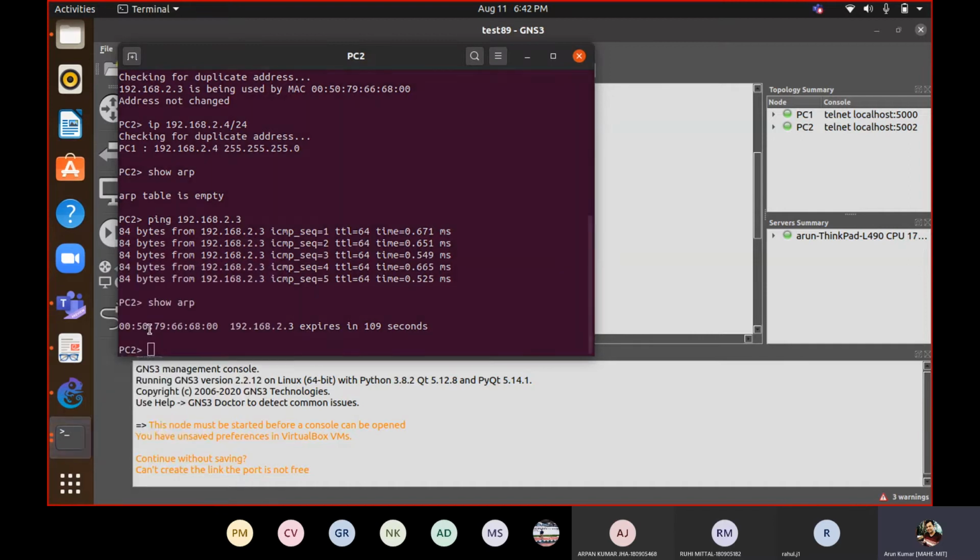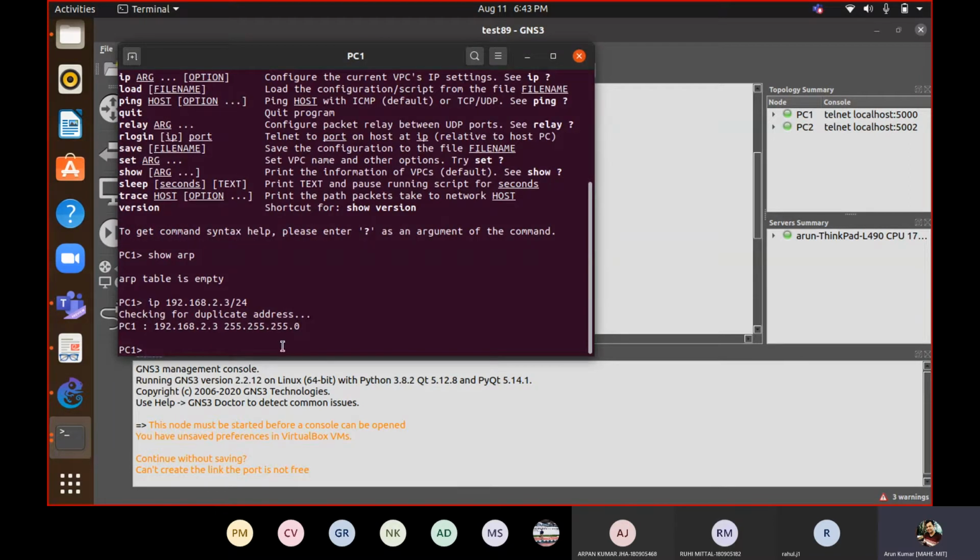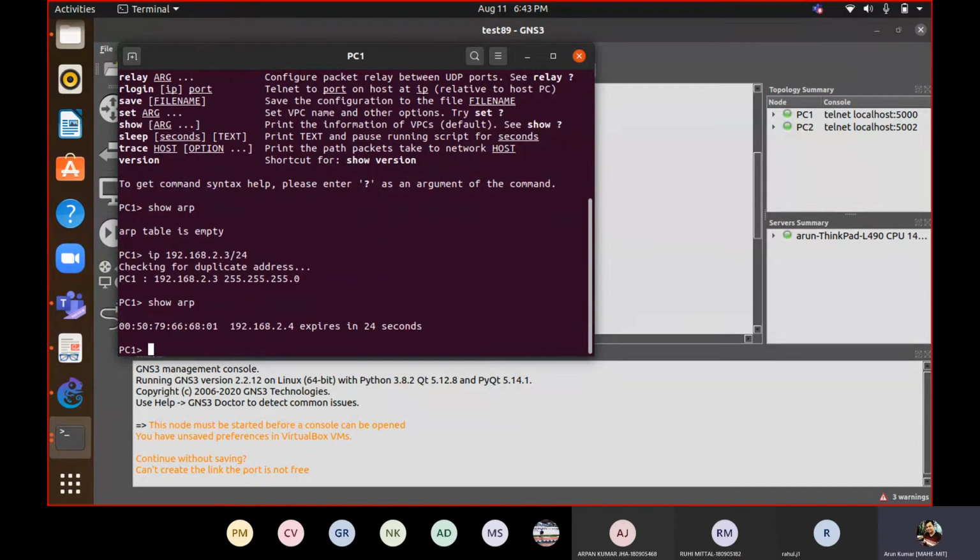PC1, we will see show ARP, the same information for 0.4. This address is 0.3, but from 0.4 to 0.3 we have pinged it, and pinging means you are sending an ICMP request packet, and there must be a response corresponding to that request.